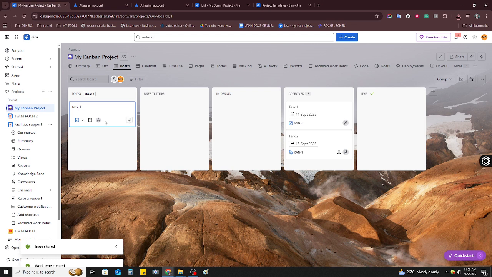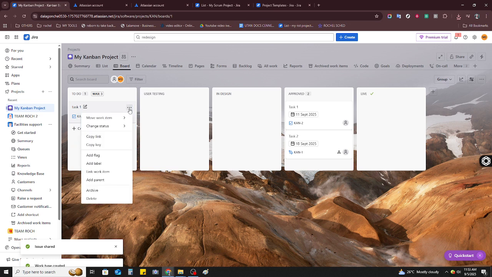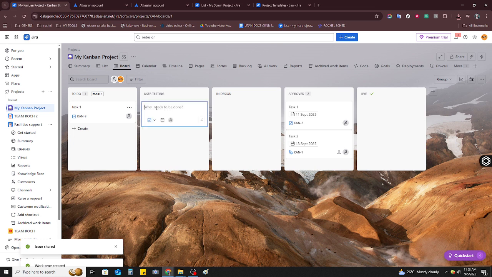One of the standout features of Jira is its boards, which you can use to visually track the workflow. Based on your choice of the template, your project will either utilize a Kanban or Scrum board. These boards represent your work in columns that show the task status, such as to do, in progress, and done. As your team makes progress, these tasks will be moved from one column to the next. Quick filters are especially helpful here. They allow you to focus on specific tasks, whether you're looking at an individual team member's workload or examining tasks